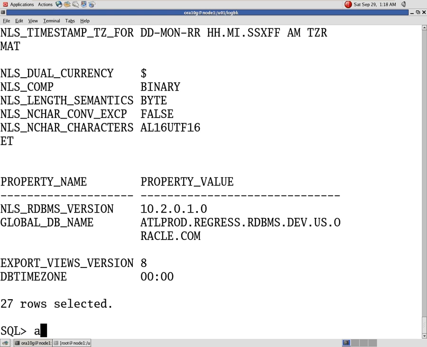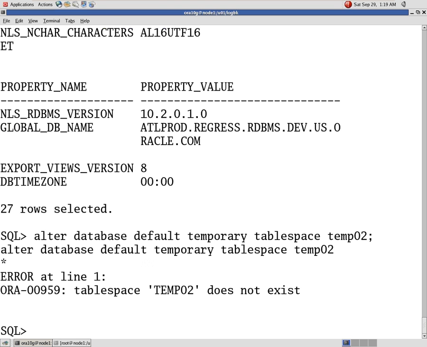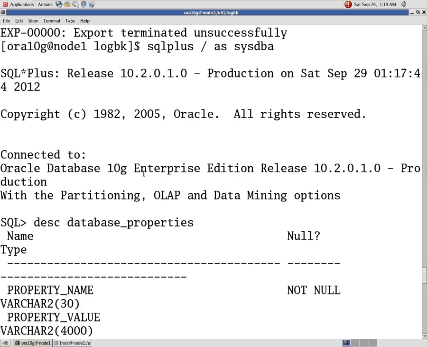So we have to change it in your database. Alter database default temporary table space as temp02. Temp02 does not exist.